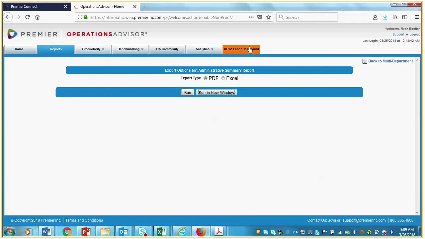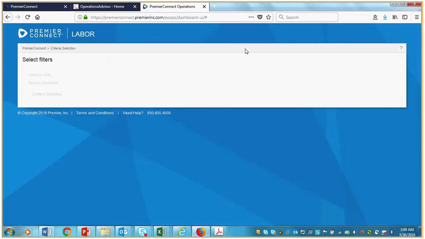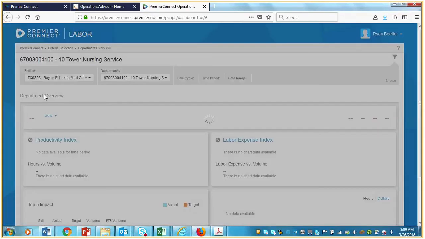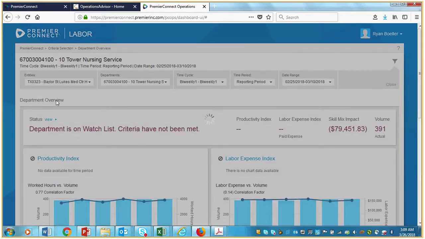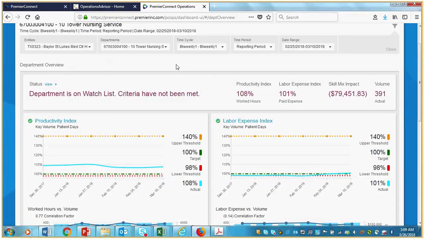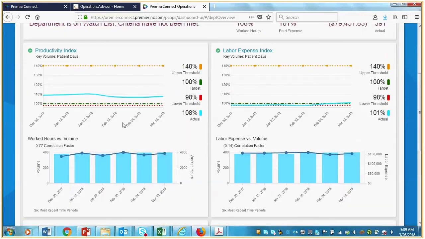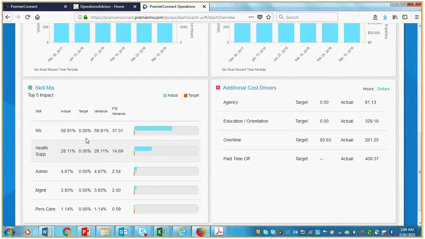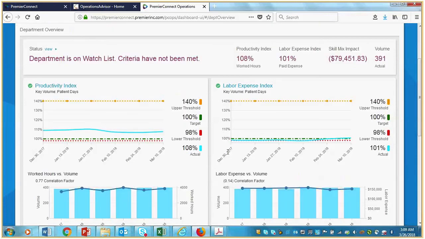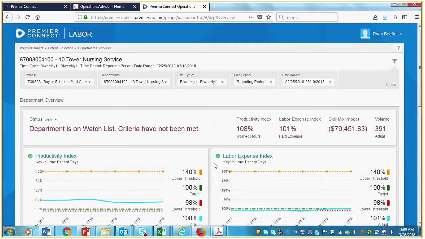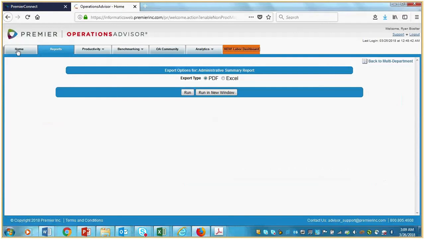You won't see this orange thing, but one of the things we're working with Premiere to release here soon is a better dashboard. You obviously saw our dashboard wasn't that slick, but this is kind of the concept that we're working on for what we'll replace that dashboard with. It's much cooler, allows you to get to more information without actually having to run reports, and you can drill down from there. So that's more to come on that in the coming months. But basically, back to the home page,